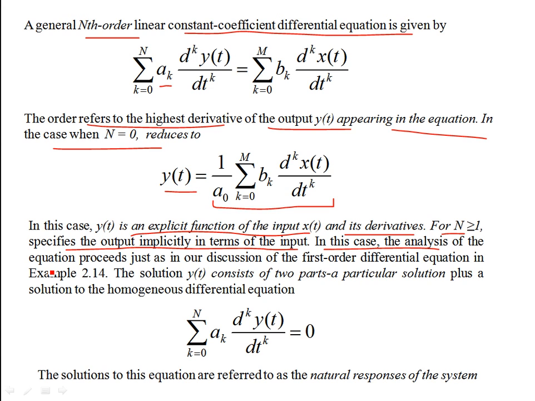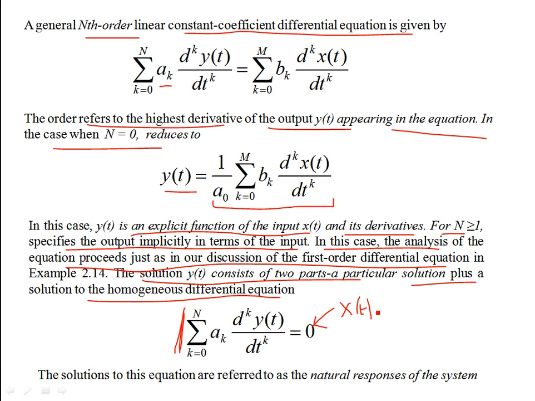Now, in the case of the analysis, the equation proceeds just as in our case of the first order differential equation. That means y(t) is again going to consist of two parts: the particular solution, plus a solution to the homogeneous differential equation. This is the homogeneous differential equation because the input is 0. So for the input being 0, you again assume the homogeneous solution y_h(t). If you make the right hand side equal to 0,